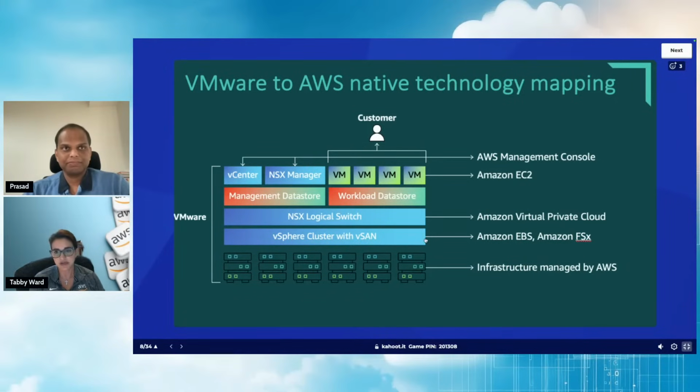And as far as the storage, there are different types of storage for a vSphere cluster that have vSAN correspond to it. It can translate, depending on the use case, to EBS, which is an attached volume to EC2 or the virtual machines, or it can be a file share such as FSx. And then the physical infrastructure, the bottom layer, is basically mapped to the AWS infrastructure, which I think this diagram demonstrates: the customer on top still interacts at a very high level and is kind of isolated from what's going on. And it emphasizes that the underlying migration doesn't affect the customer experience or the user experience.